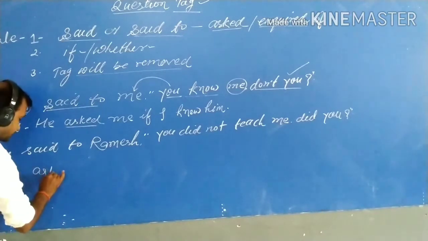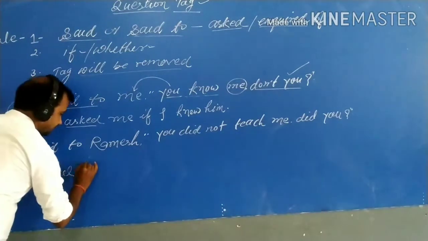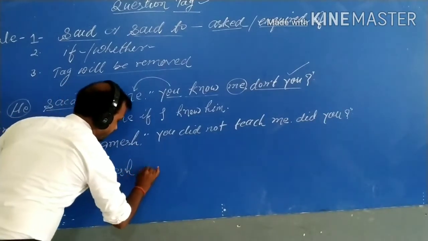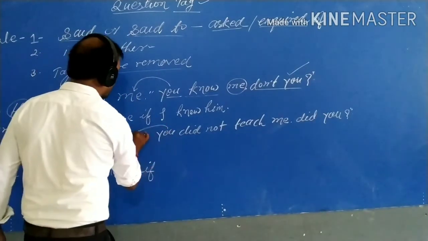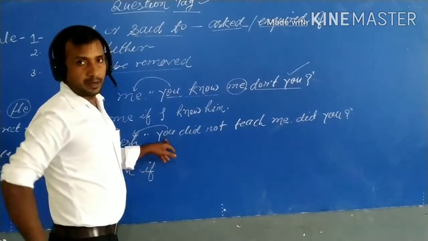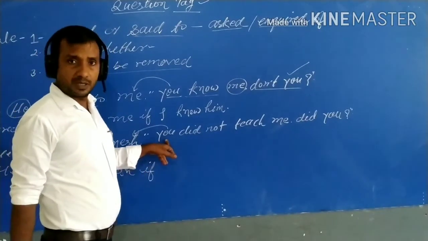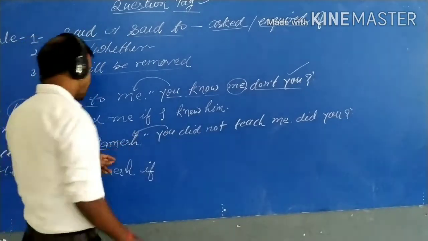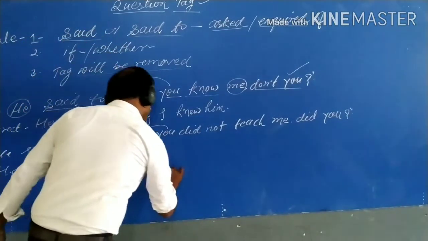He asked Ramesh if... Ramesh will change accordingly. "You" belongs to the second person, and second person will change according to the object of the reporting verb, and the object here is Ramesh, so we can write